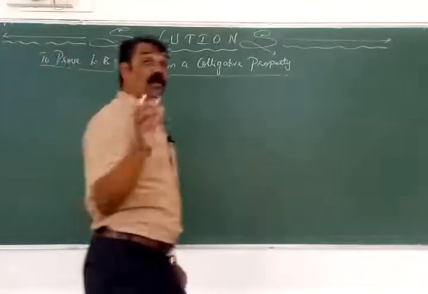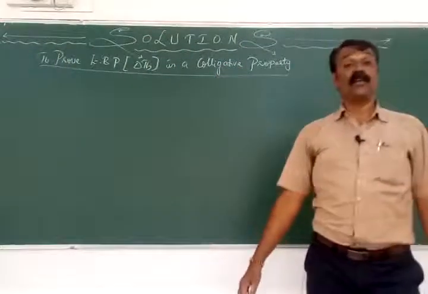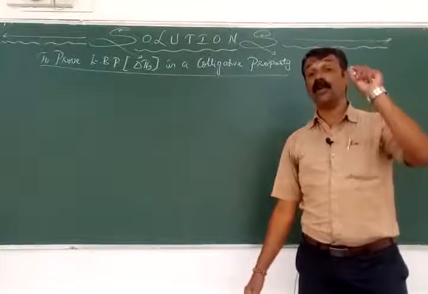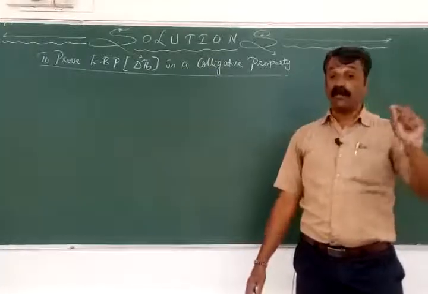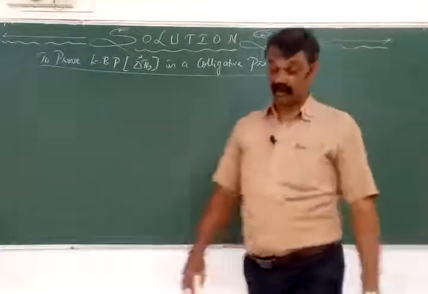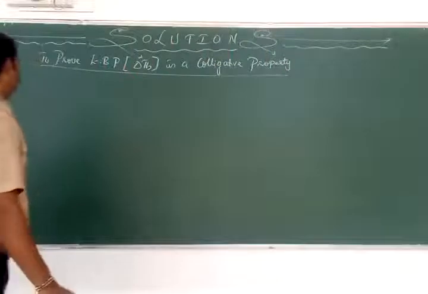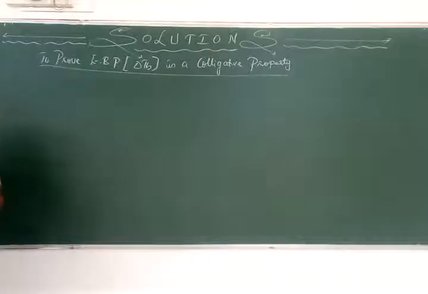A colligative property is the property of a dilute solution which depends only upon the amount or number of moles of solute particles but not upon its nature, either the chemical nature or the size. Means we have to prove that it depends on the number of moles of a solute. Okay. So here let us have the graphical representation first. What is that graphical representation here?